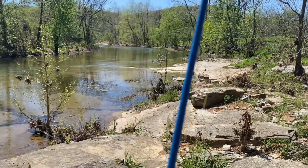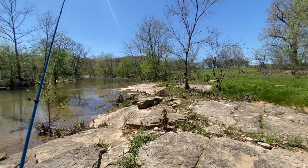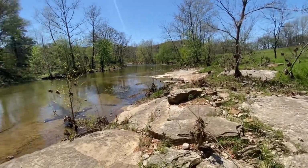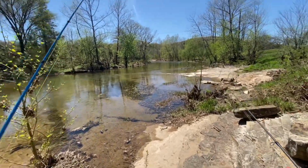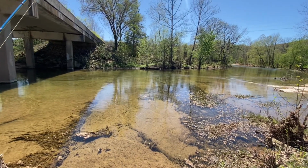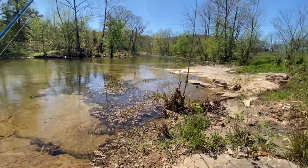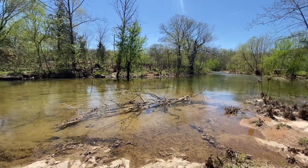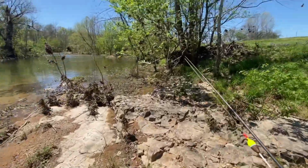But anyway, I went back, and this is up creek in the north central part of the state, a little ways from where I actually bought a house and an acre of ground recently. And this creek here, I fished it last year. This is the one that I did Smallmouth Saturday and Smallmouth Saturday 2 on last year, here on the channel. But again, here there was just a few minnows,